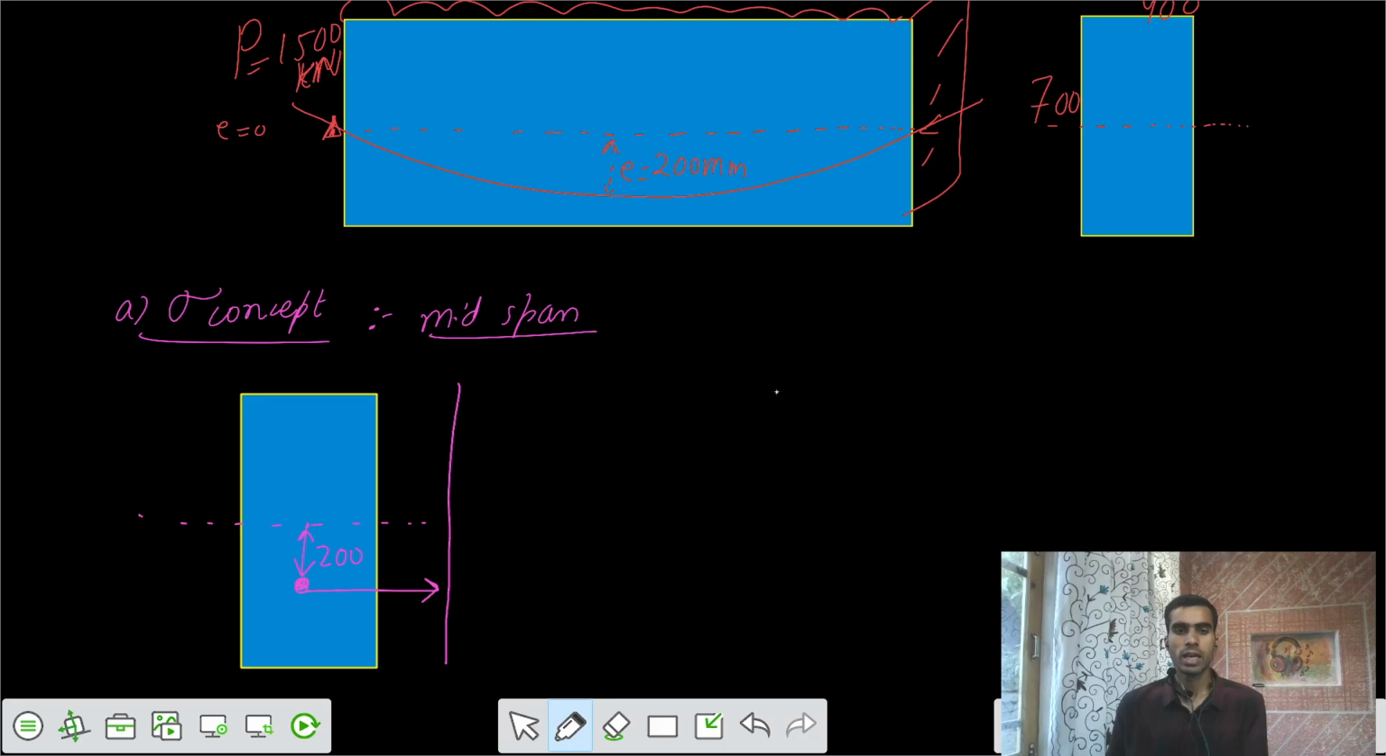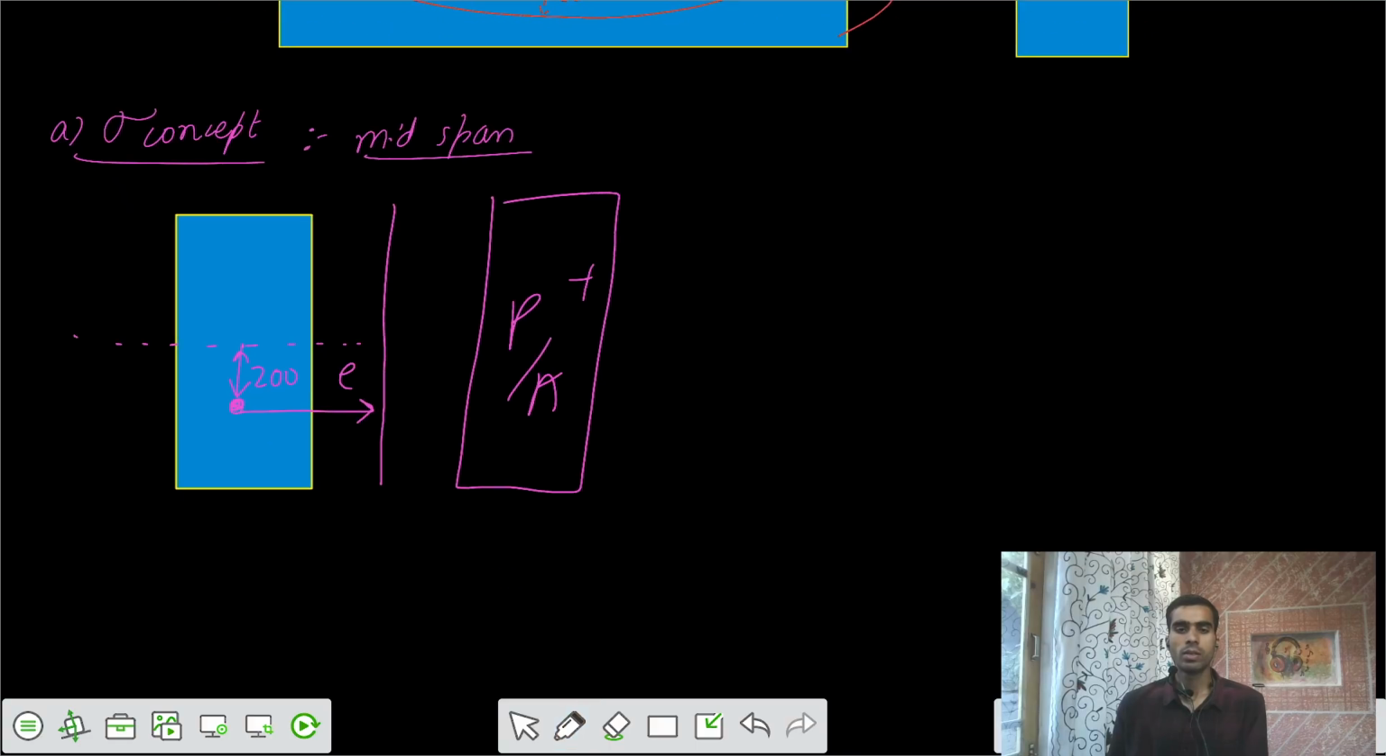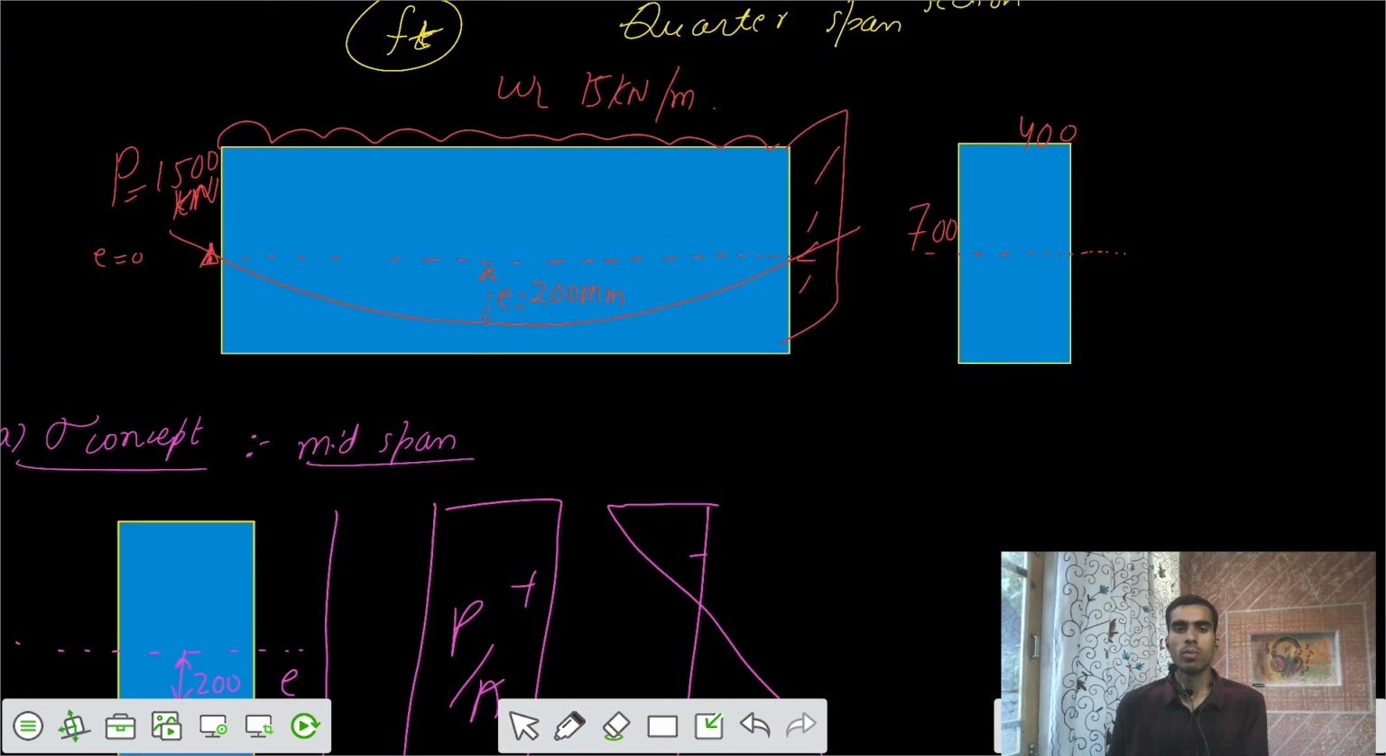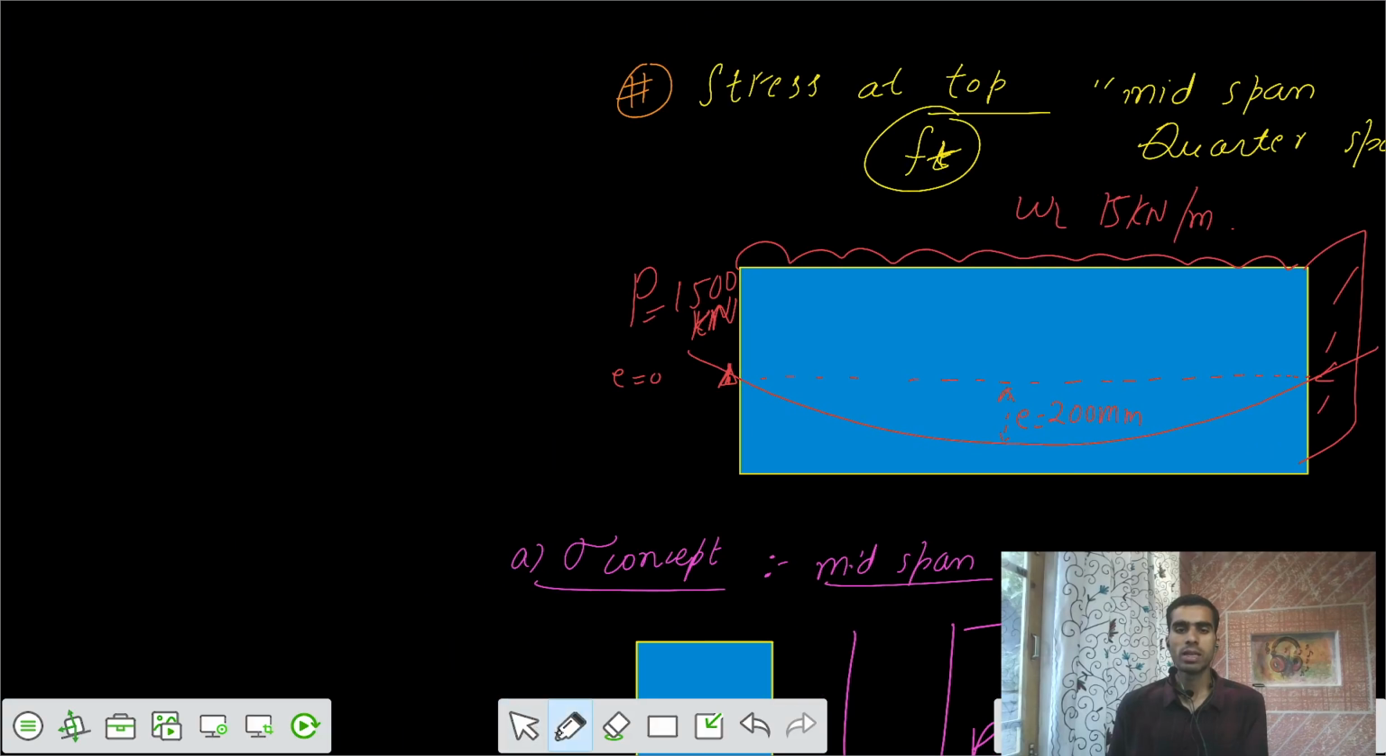So your P force, the prestress force, is acting at some eccentricity e at the midspan, such that it will cause stresses of P by A compressive, and the hogging moment would cause negative, positive, Pe by Z. And one more is there, because we have moments at the midspan. Can you calculate the moments at the midspan? So I have to calculate the